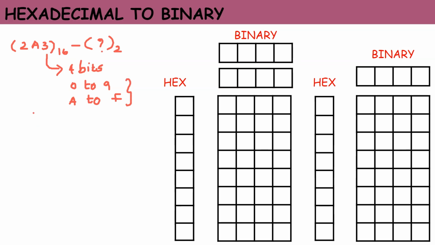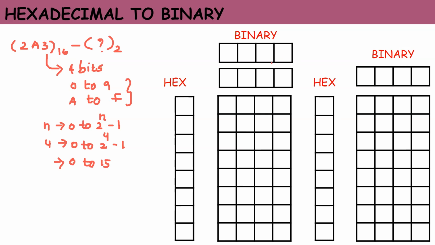As we already know, when we have n bits in binary, it can accommodate values in the range from 0 to 2 power n minus 1. Since here n is equal to 4 bits, we can accommodate a range of values from 0 to 2 power 4 minus 1, which is 0 to 15. So in hexadecimal also we have values from 0 to 9. Then to represent 10 to 15 we have the digits A to F.